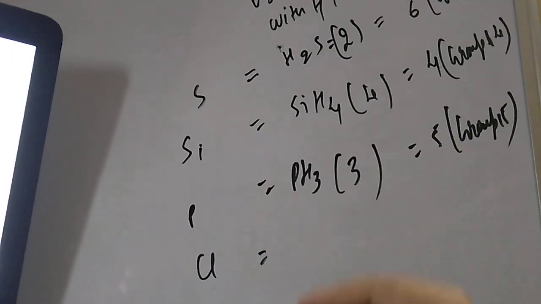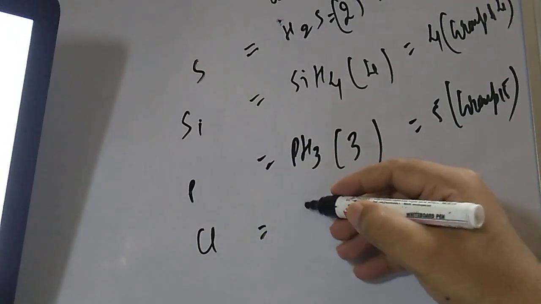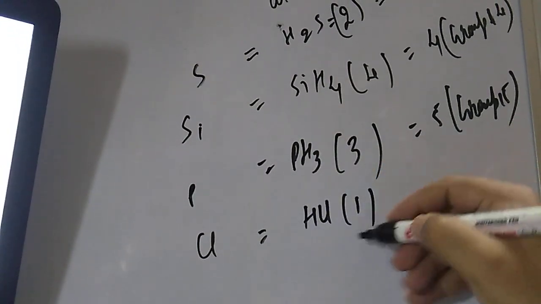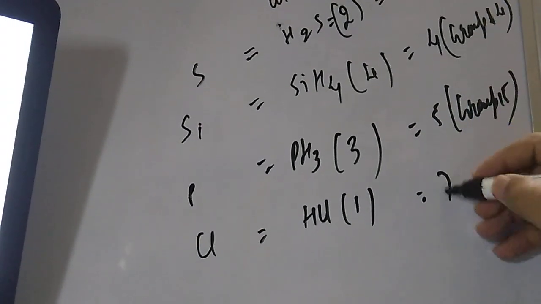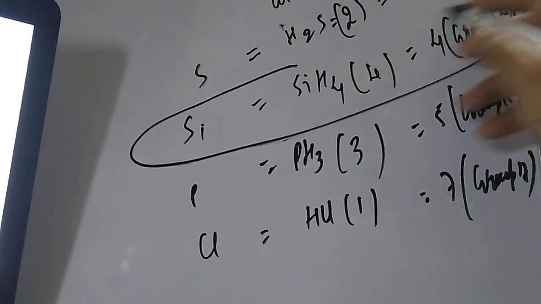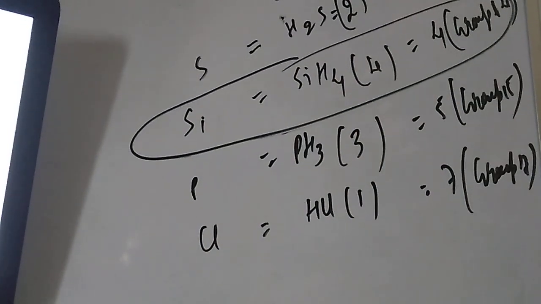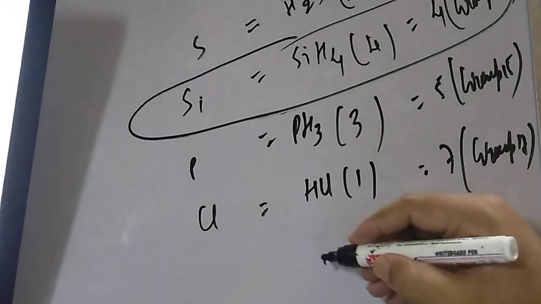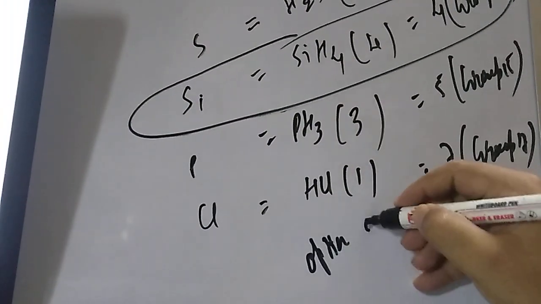And now if you are going for the chlorine, student, you will find it will form HCl. So valency will be 1, hydrogen, single bond. So here the number of valence electrons is 7. Why, student? Because this belongs to group number 17. So our correct option will be silicon, student, because silicon's valency and number of valence electrons are both the same. So the correct option is option 2, silicon.